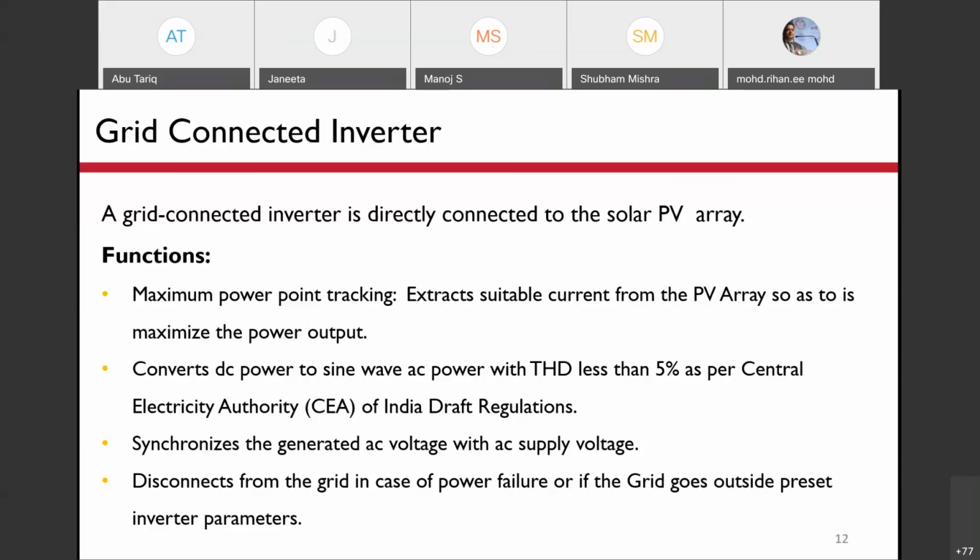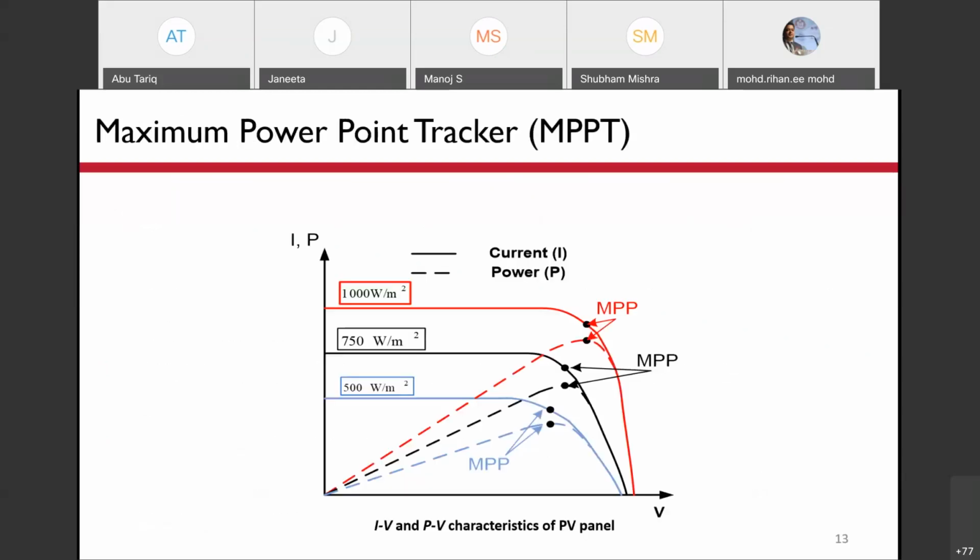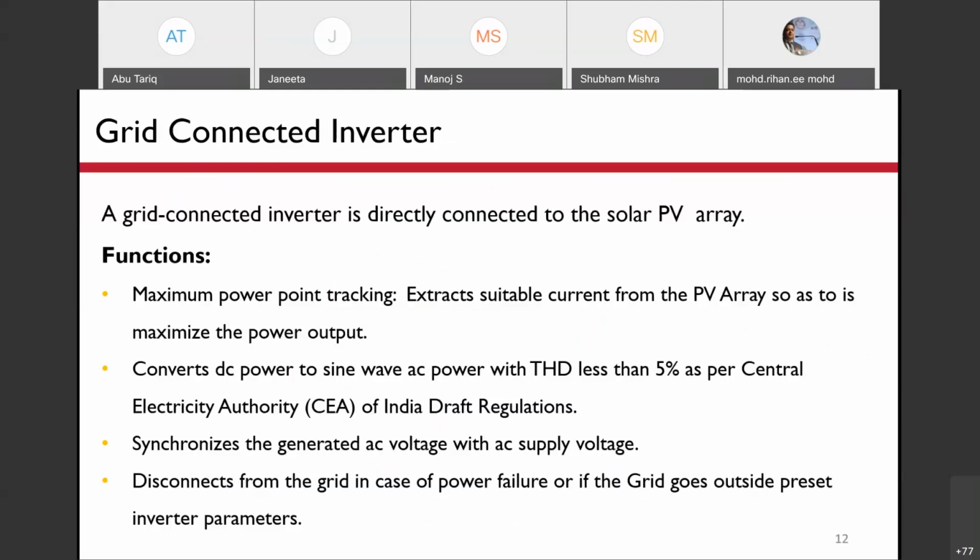If the voltage is very high, voltage is very low, or voltage is not available, in all these cases, this inverter should disconnect the array from the grid. So this is one feature that is unique for the grid connected inverter. Let us discuss this main point in detail on the slide.